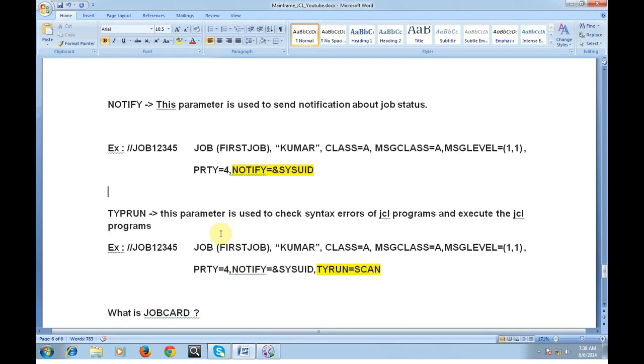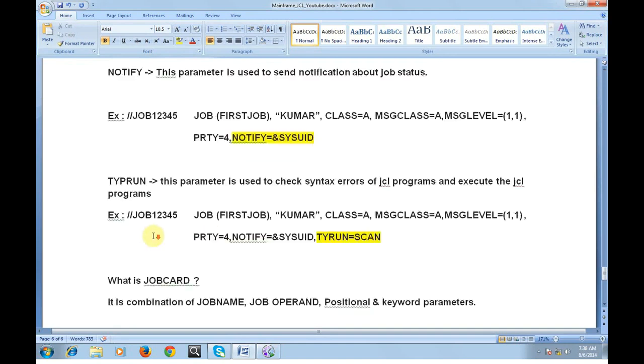In the same way, we have another keyword parameter called TYPRUN. This is very important. This parameter is used to check the syntax errors of JCL programs and to execute them. So you have written a JCL program specifying all the keyword parameters, activity level and DD level and everything.